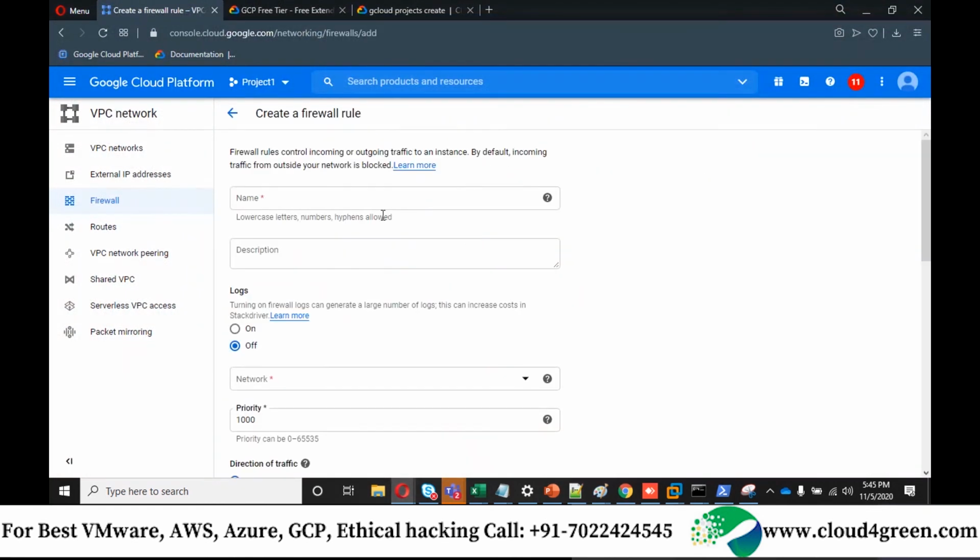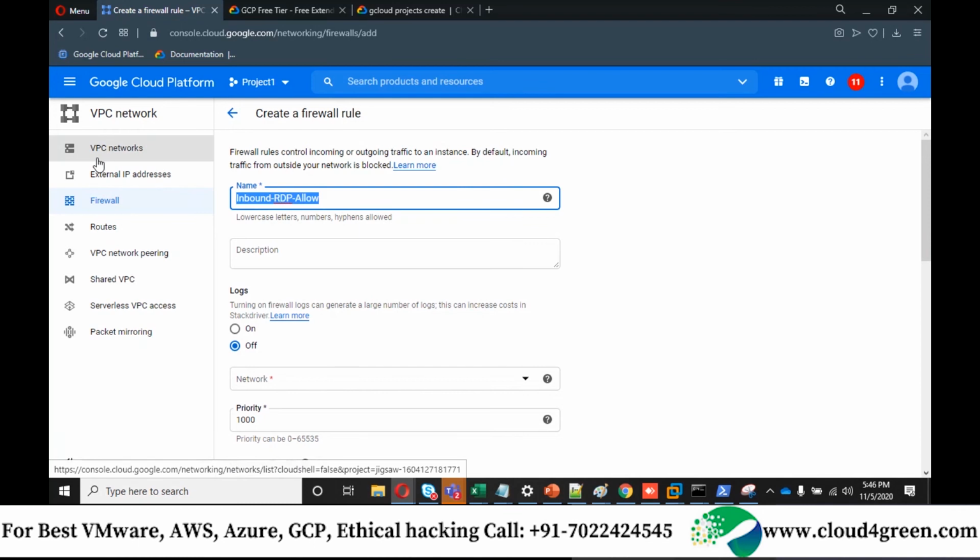Rule number 1, inbound RDP, inbound RDP allow. Okay. Lowercase letters are allowed. Yes, yes, yes.